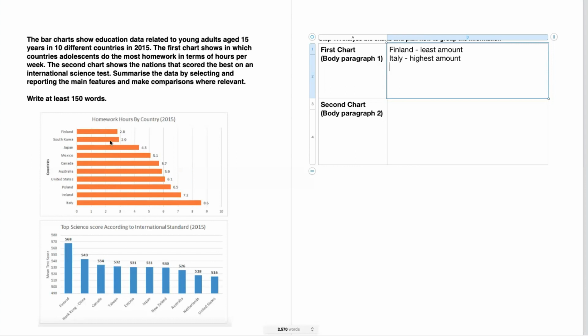It looks like students in South Korea and Japan are quite similar to those in Finland because they averaged about 2.9 to 4.3 hours. So I'm also going to include that when it comes to the least amount. I'll put SK for South Korea and Japan. Now, if we look at our second chart, it looks like